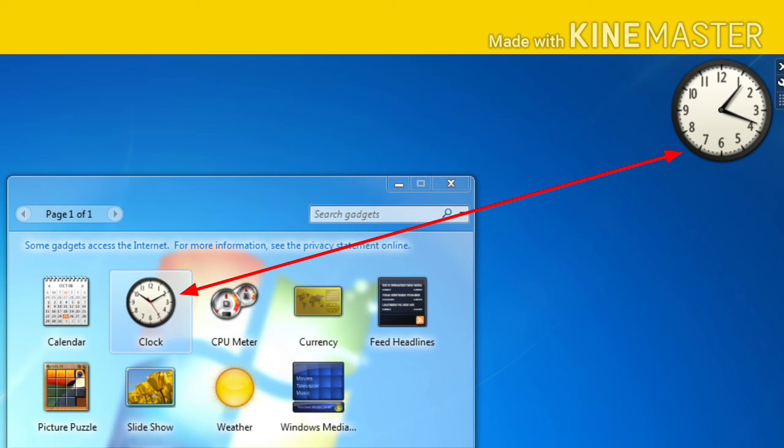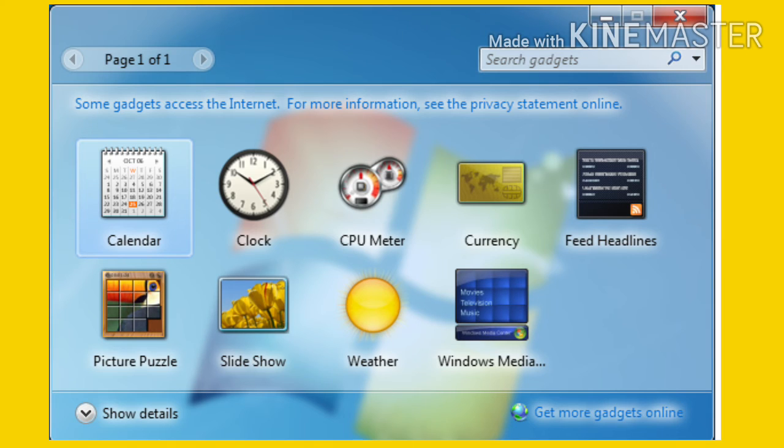So there are different gadgets available. You can see here calendar, which shows the date and the day. The next one is clock, which shows the time. Then the CPU meter. What is it used for?